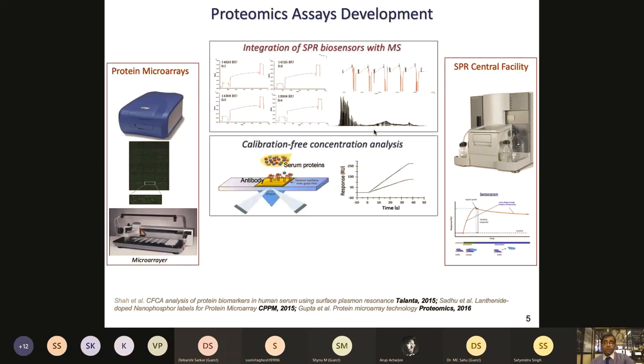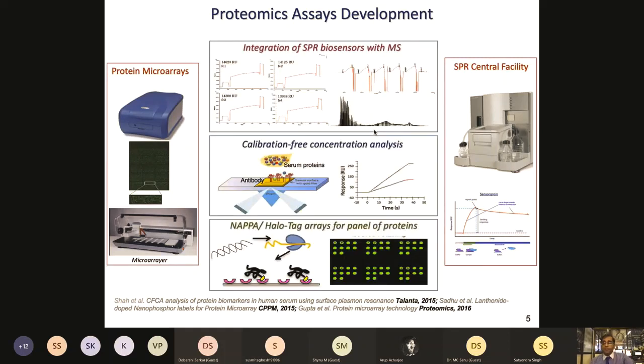So in the morning when we were discussing some of the biosensors and other platforms, I think Asif mentioned the use of SPR, right? So at IIT we did realize the need for these technologies, and not only the instrument but also to develop new assays for the proteomics workflow. So we have set up the protein microarrays, which includes an arrayer for printing, the scanner for scanning the slides, and the software for the data analysis part.